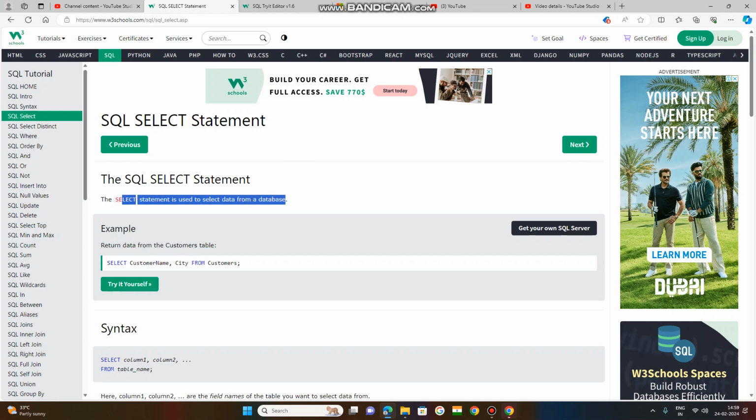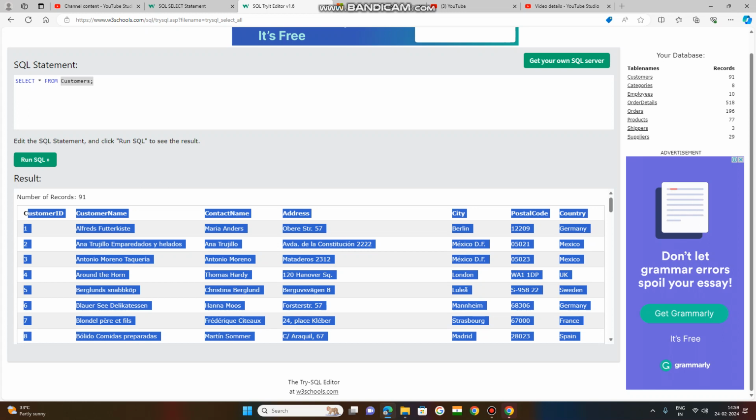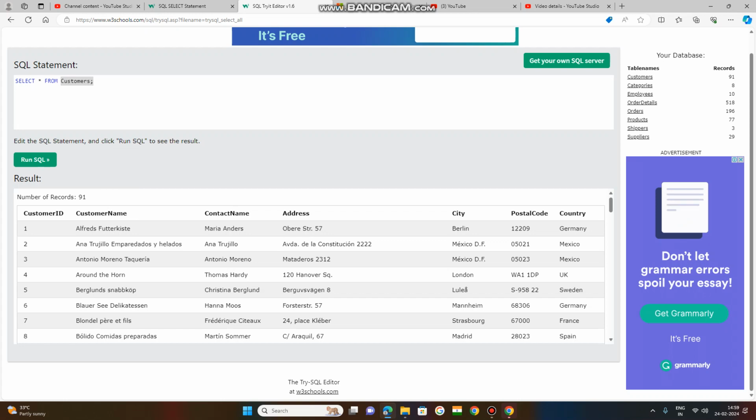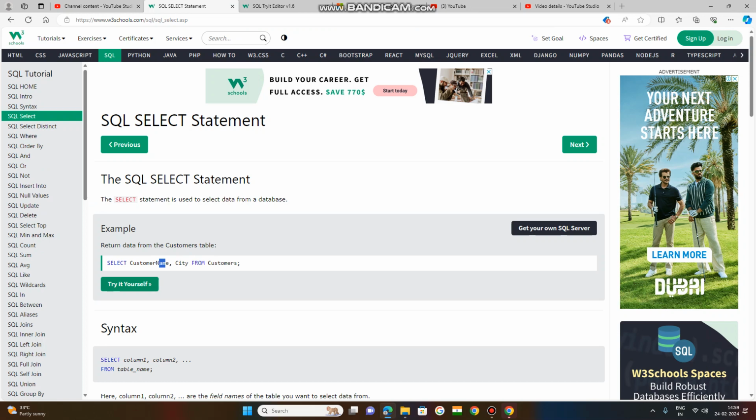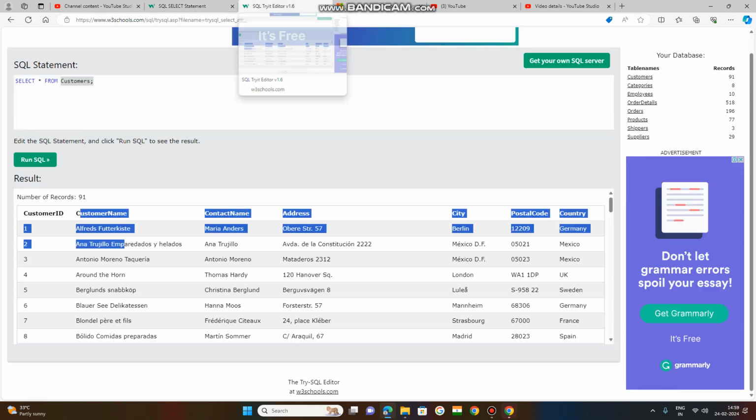So now here, this is the customers table. From the customers table, I want to get the data customer name and city, only 2. See, this is the customers table. How many fields are the columns within it? Customer ID, customer name, contact name, address, city, postal code. So I want to get only customer name, 1 field, and city, 2 fields from this customers table. Okay, I want to get customer name